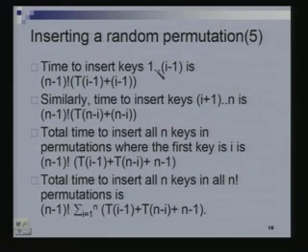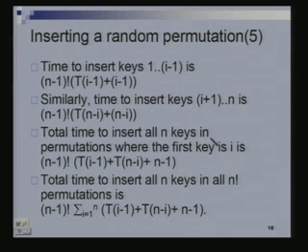So, to recap, time to insert keys 1 through I minus 1 is n minus 1 factorial times T I minus 1 plus I minus 1. Similarly, time to insert the keys I plus 1 through n will be similar to this. Left to right, there is no significant difference, it is just that here there are I minus 1 keys that I am inserting, now I am inserting n minus I keys. So, wherever there was I minus 1 here, I will replace it by n minus I, because that is the number of keys I am inserting now. So, that would give me this expression. This is to insert the keys in the right subtree.